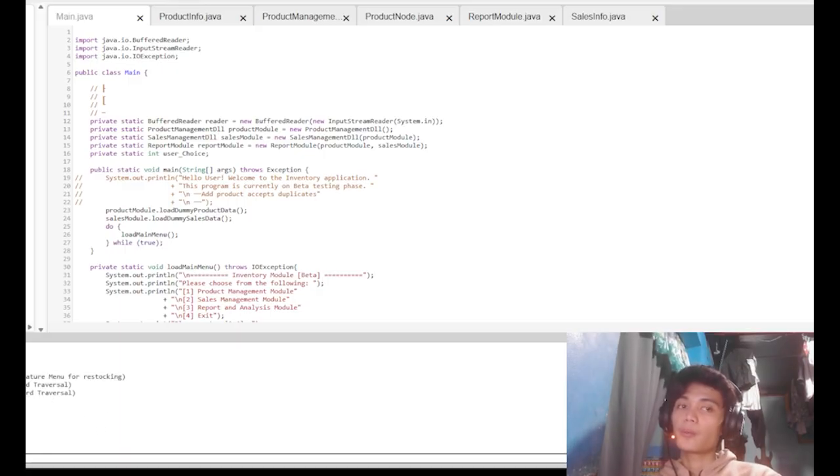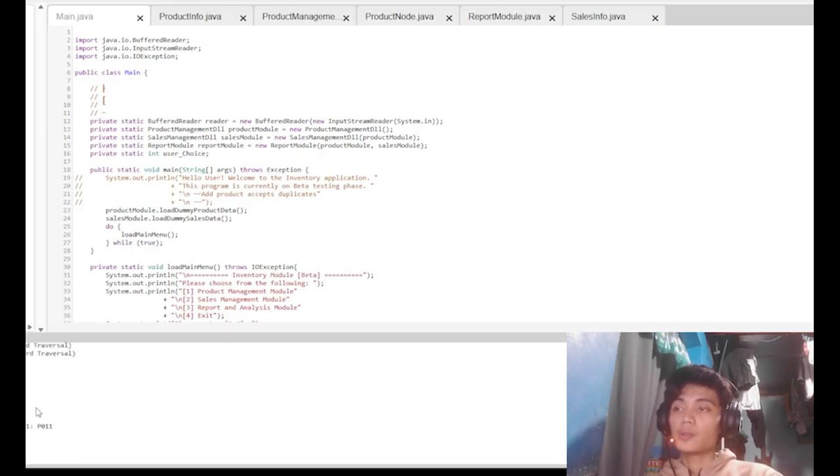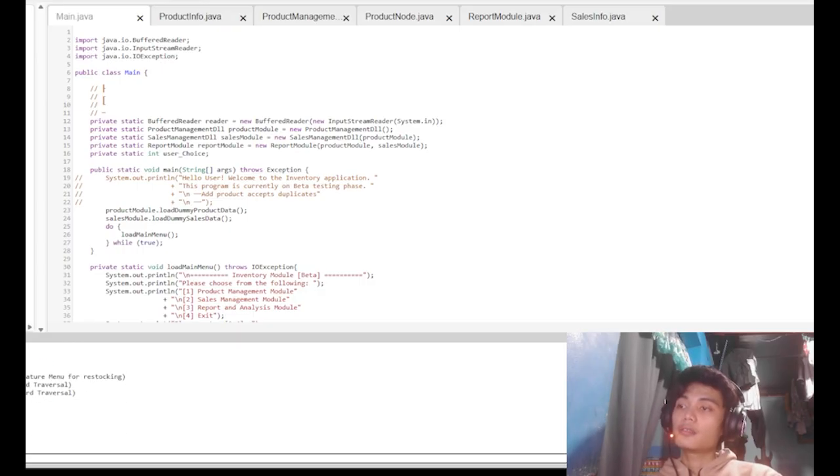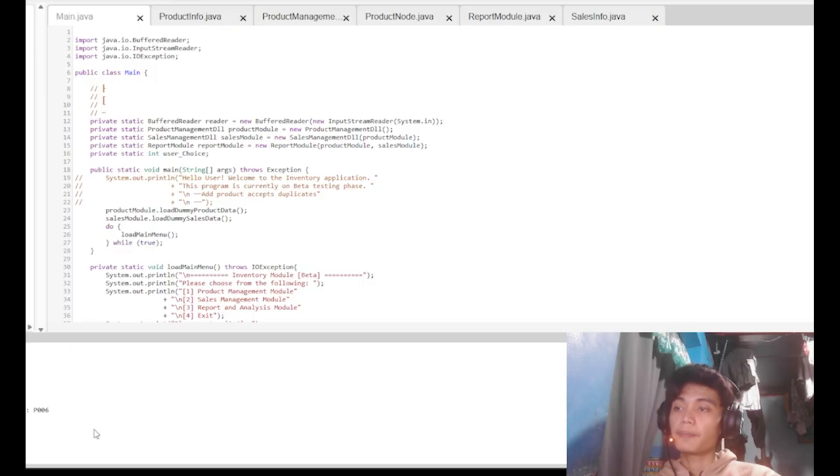Then we are going to delete a product by ID again. I'm going to delete the mangi, since it's a mangi, not a mango. So the product mangi is successfully deleted. Now I'm going to search for a product by ID, for example product ID number 6. It will show the correction tape, which is 28. So that's it for the product management.